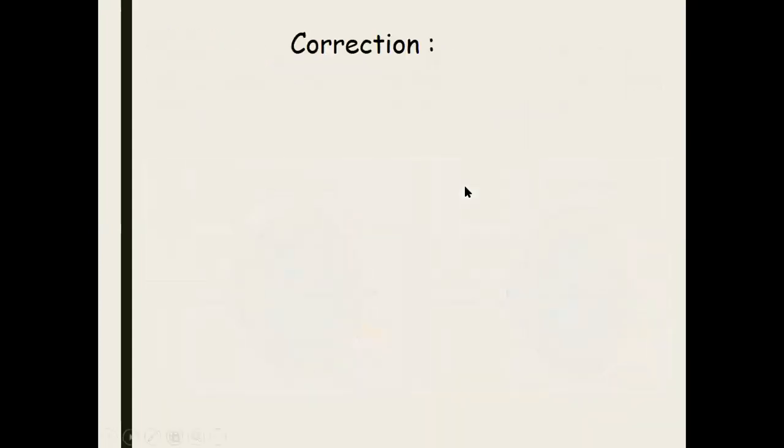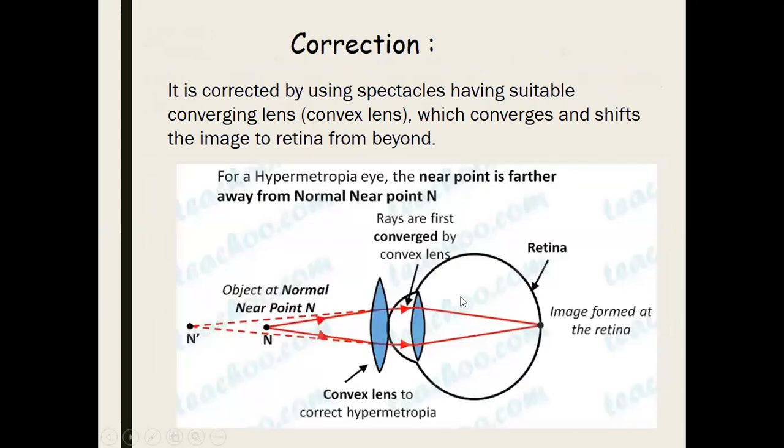Now, how are we going to do the correction? Obviously, for this we are going to use glasses. Now which type of lens should be used in the glasses? For the correction of the hypermetropic eye, that is long-sightedness, we are going to use a convex lens, since the image is forming behind the retina. It means we need another convex lens to converge the rays more, so that the focal length decreases and the image is formed on the retina, not behind the retina. So this is the ray diagram of your